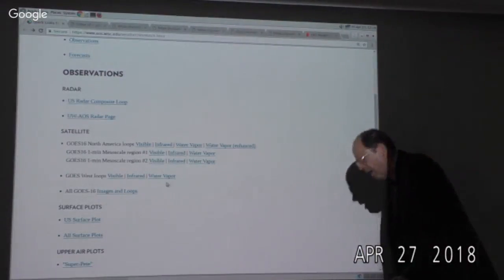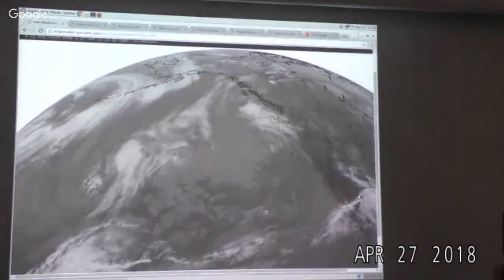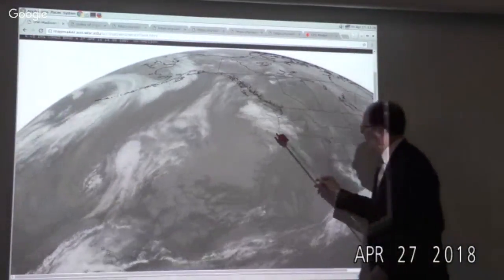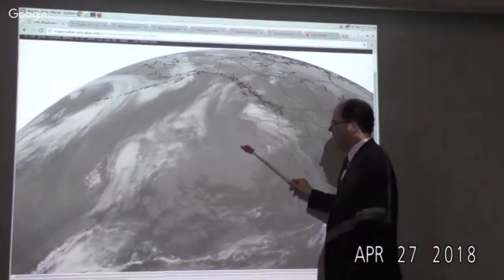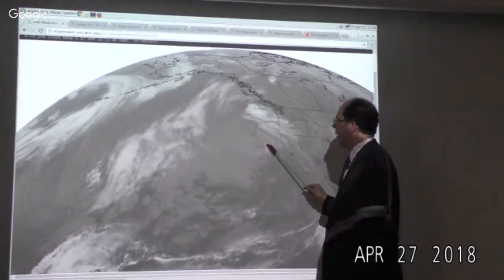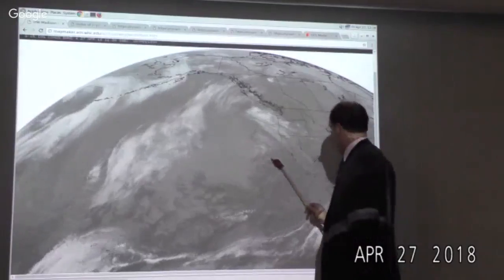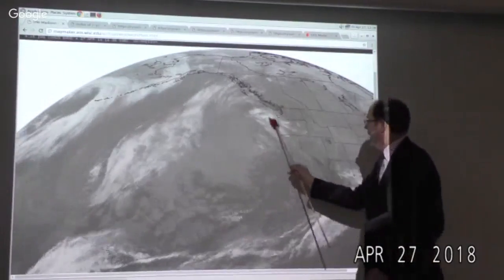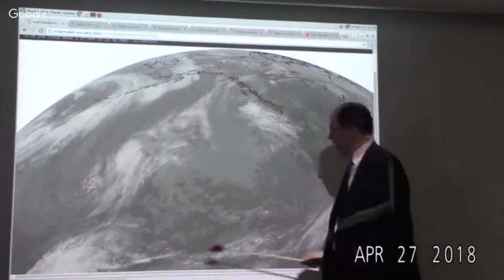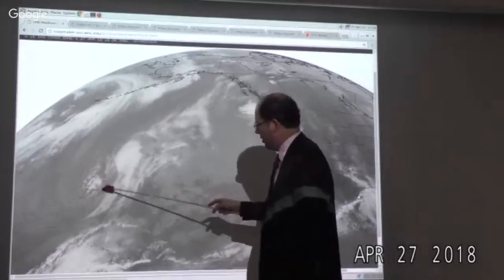West Coast? Yeah, West Coast, and then we'll go and look at the upper level charts. So here's the West Coast infrared. It's difficult to see the circulation in the infrared, non-water vapor infrared. Here, you can see the clouds obviously connected to some sort of cyclonic circulation across Oregon, and then off the coast of Vancouver Island, here's another intense disturbance that's getting itself organized.